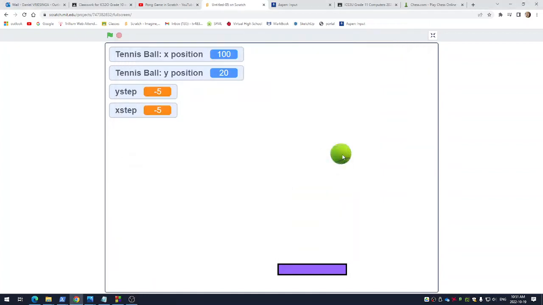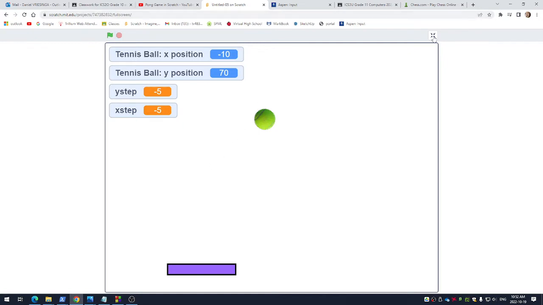Okay, so yesterday we got this ball bouncing along the screen, and if you see how it's going from 5 to -5, we can see those numbers changing whenever it needs to bounce off the wall. We did that with 4 if statements. I'm just going to stop this ball here, and what I want to do to hit the paddle today is